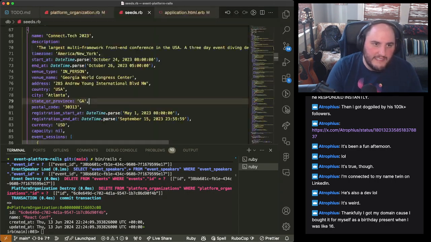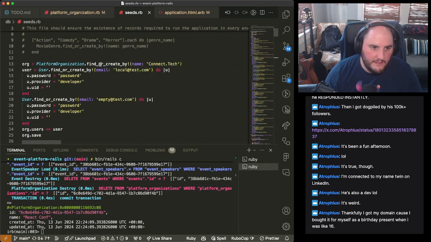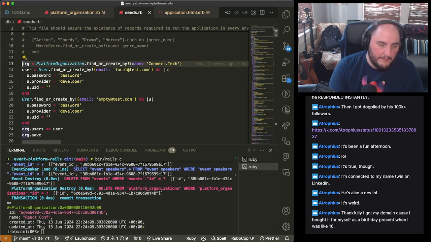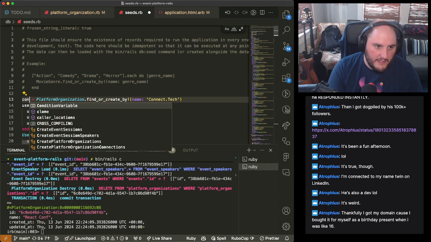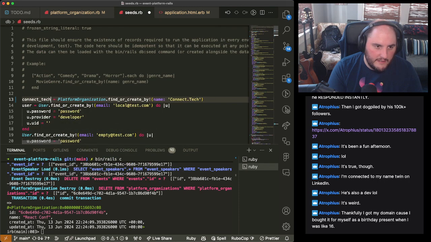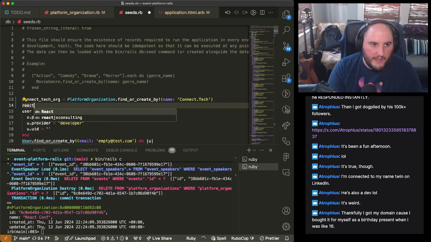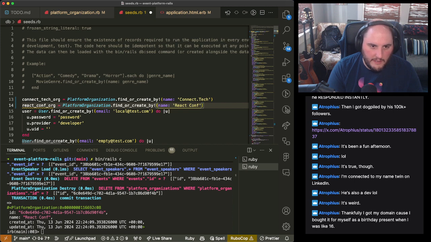Now I can also go to my seeds here, I created all that stuff earlier. So I'm going to go ahead and do that. And we're just going to call it Connect Tech org. And then we're going to do React Conf org, and that's just going to be exactly this.